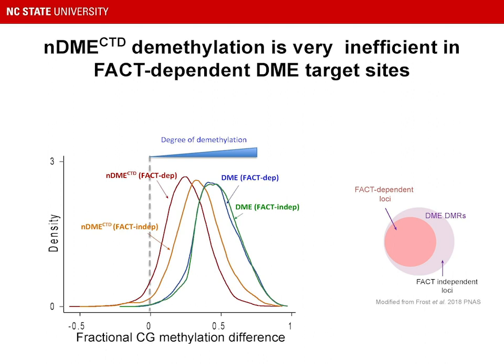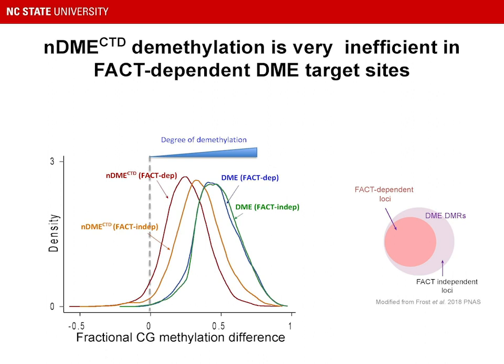So these are the endogenous DEMETER targets, and about half of them need a FAC complex, the other half doesn't. So we group them into dependent and independent loci. You can look at the kernel density plot. This direction means more demethylation by the enzyme. In wild type endosperm, both groups are demethylated to the same degree. In the C-terminal endosperm, the independent loci are slightly less demethylated, but the FAC-dependent loci are much more